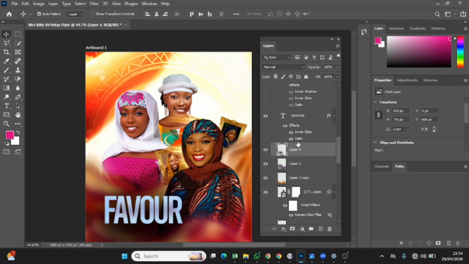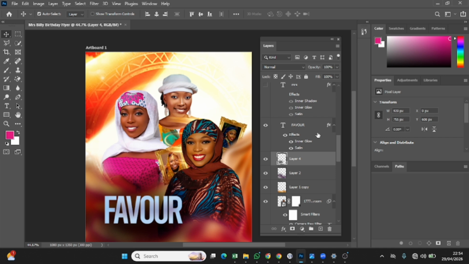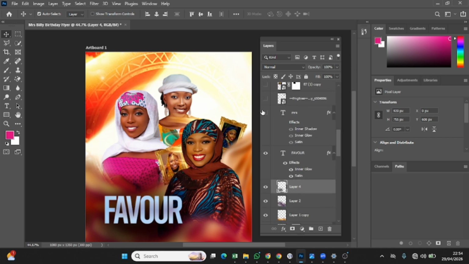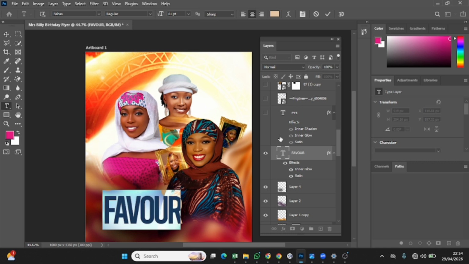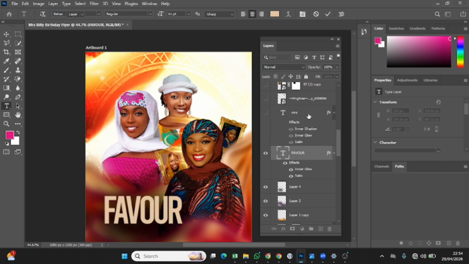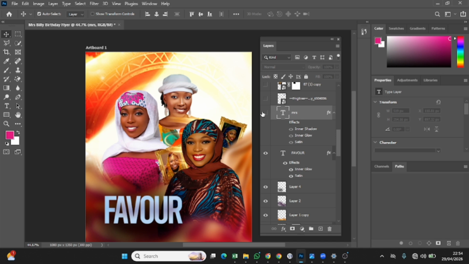So I use 3 blending options. Is it? Yeah, 2. So I use satin and then inner glow in order to brighten the shape, the text. So the next thing, for the shape, let me pick it so that you can actually know I use Bebas. You can see it there, the font name. I use Bebas. So the next thing that I do is I create a new shape and a new layer,